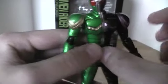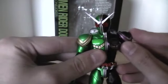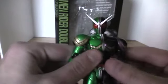I apologize. So, my next reviews will be all coming in high def. I'm so glad to finally have this camera. And coming up at the end of this month, there'll be 2 more double releases. Heat Metal and Luna Trigger, so expect reviews of those. And all my further reviews in this